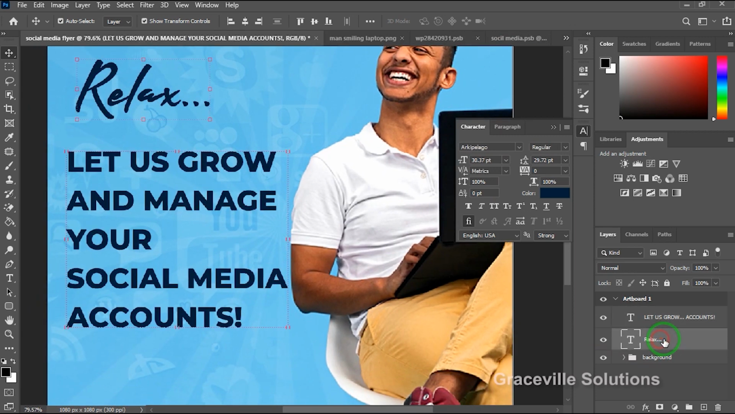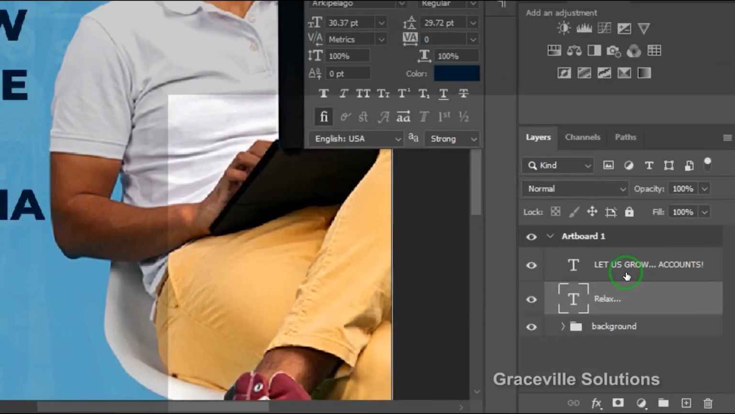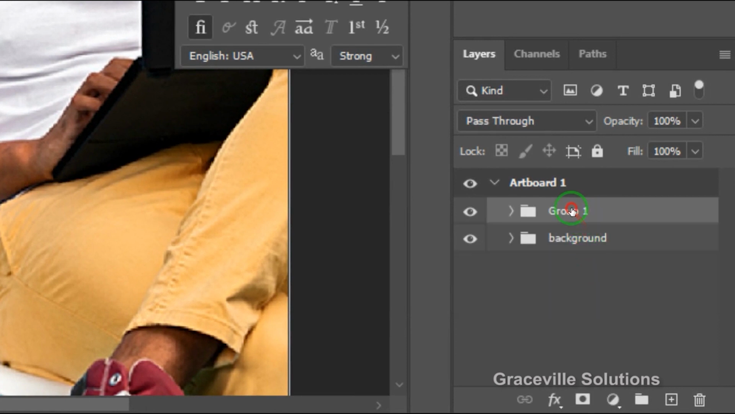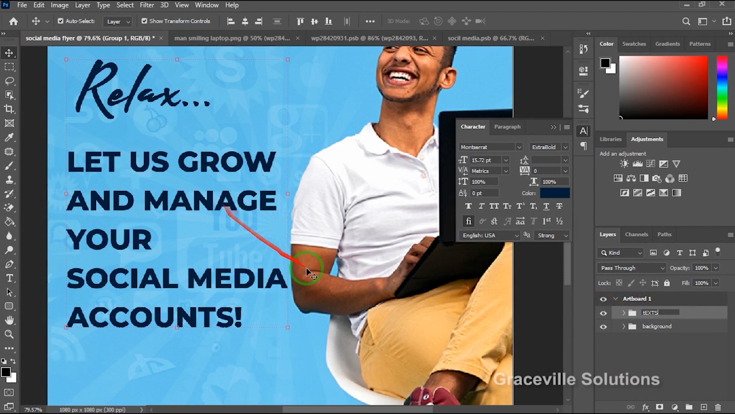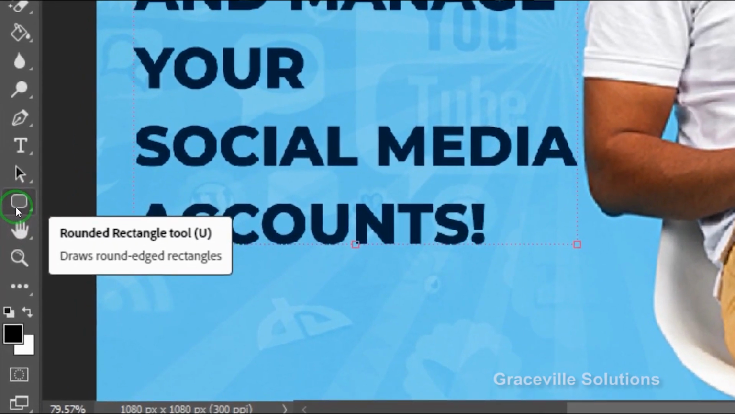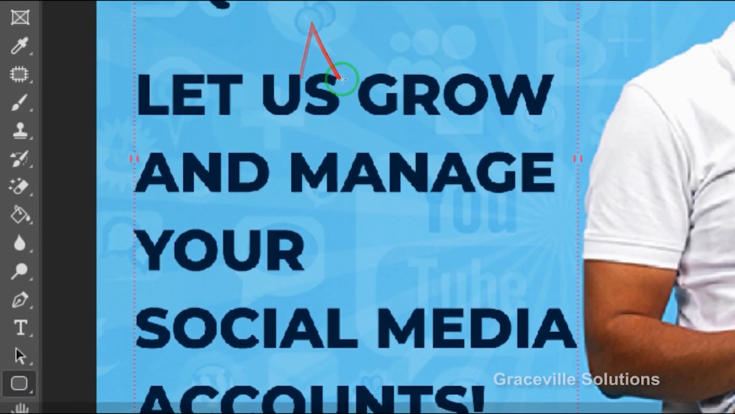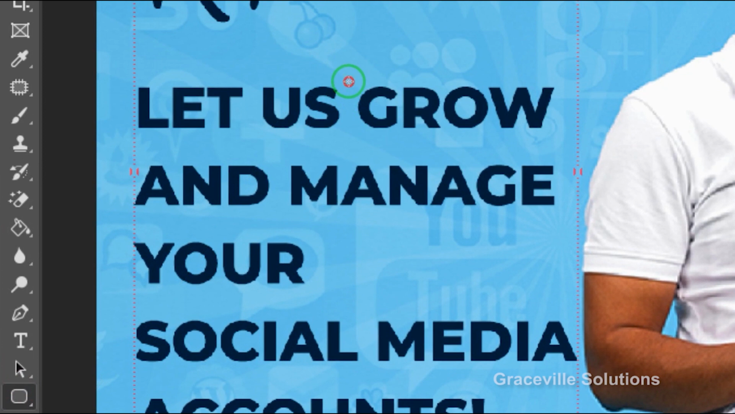Alright, let me group this as my text. So I select the text layers and Ctrl G to group them, and I can name it text. Alright, okay, so next up I'm going to go to my rectangle tool right here. I'm going to go for a rounded rectangle, something like this, and then I'm going to draw just above the